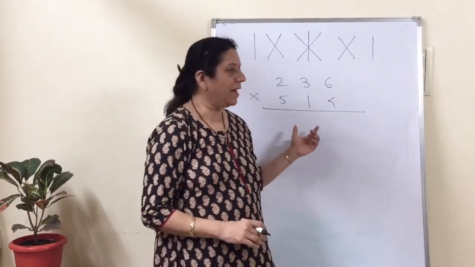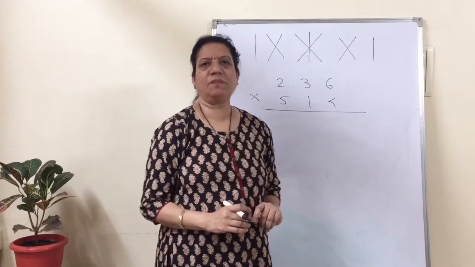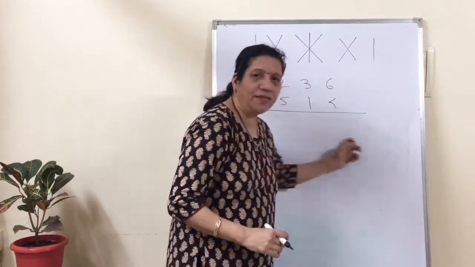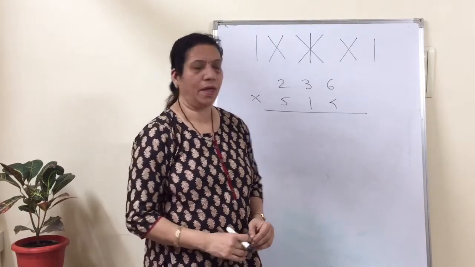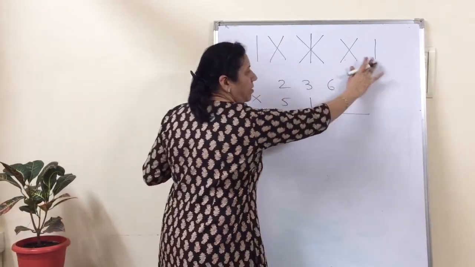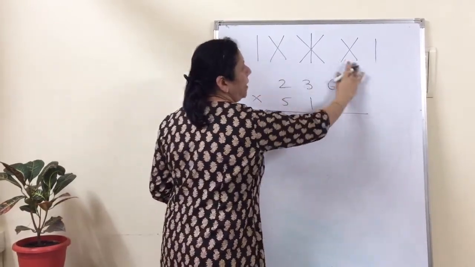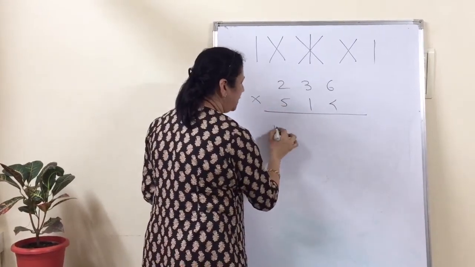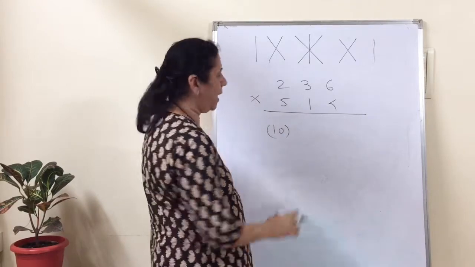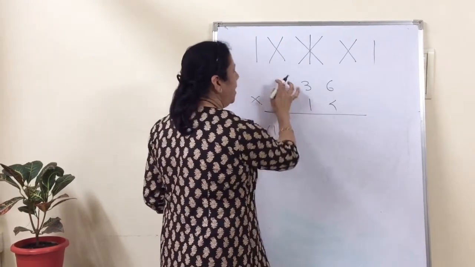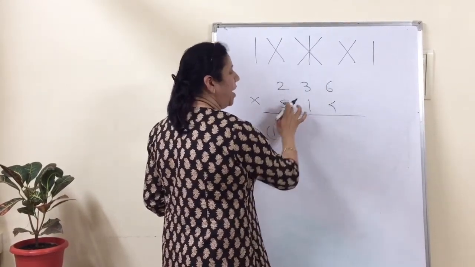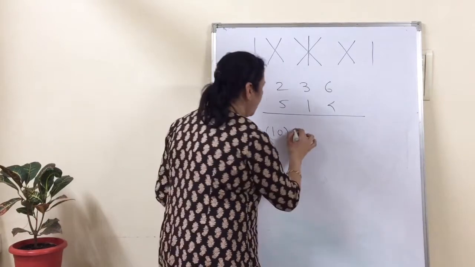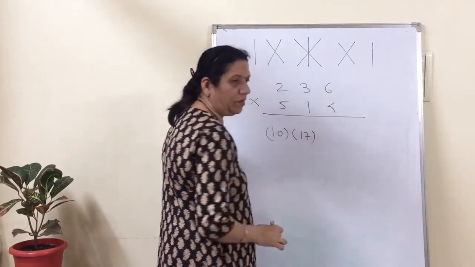Now we will take another example. Now the beauty of these sums is that you can get the answer in a single line only. Okay. So again the same method is followed. You have to do multiplications like this. So first vertical, 2 into 5 is equal to 10. We put it in the bracket. Now let us cross multiply. So 2 ones are 2, 5 3s are 15. 15 plus 2 is 17. So we write down 17.